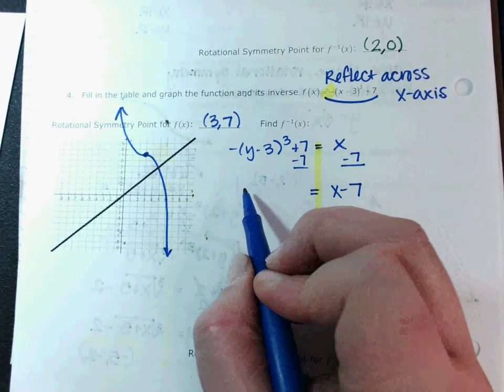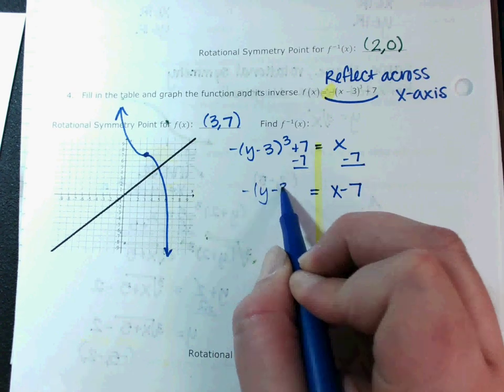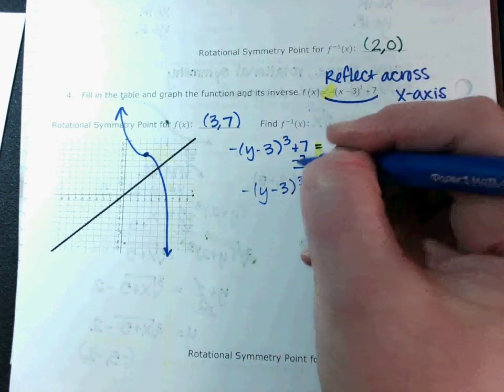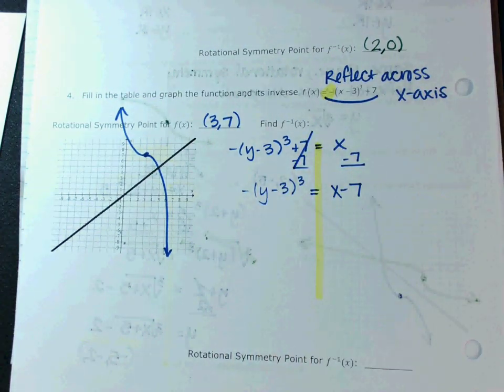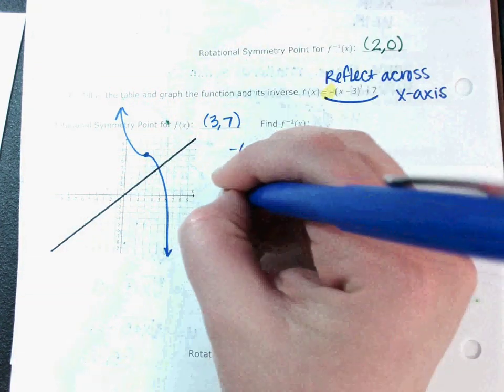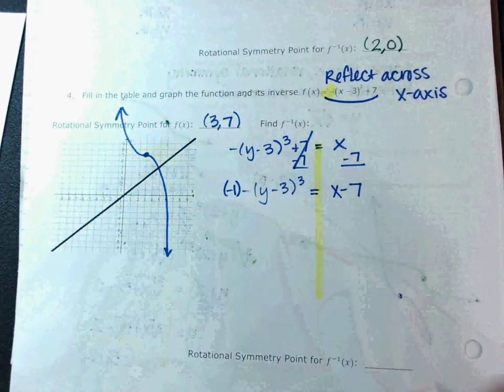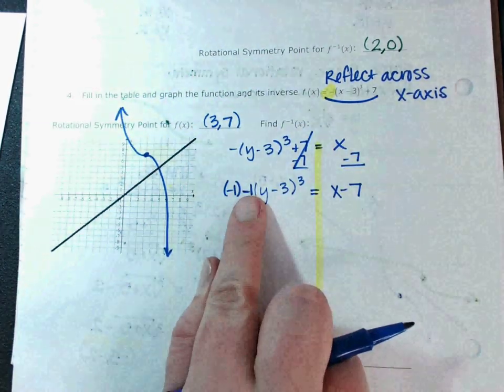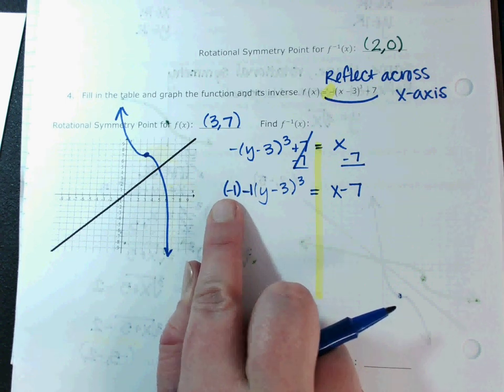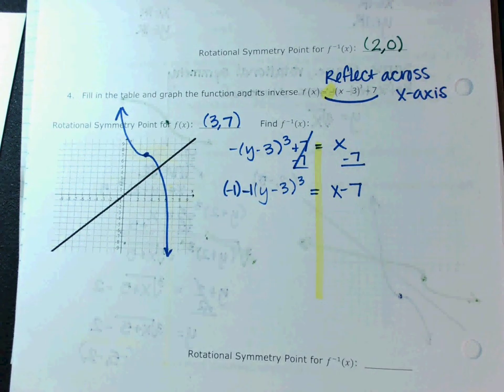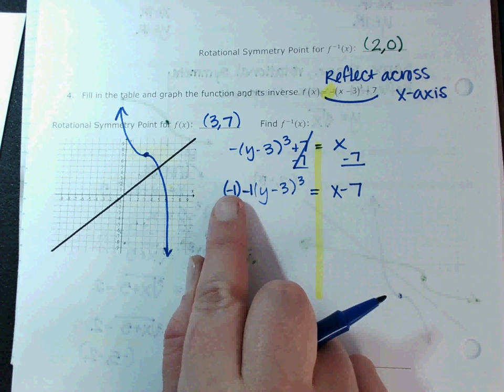Okay, now on the left side, we have a minus in the front. We want to get rid of it. The way that you're going to get rid of the minus 1 is by multiplying by another minus 1. This is why. What happens when you do a minus 1 times another minus 1? They're going to cancel out. They're going to be positive. Now, if I'm going to put a minus 1 on this side,